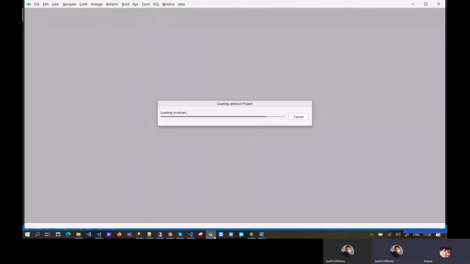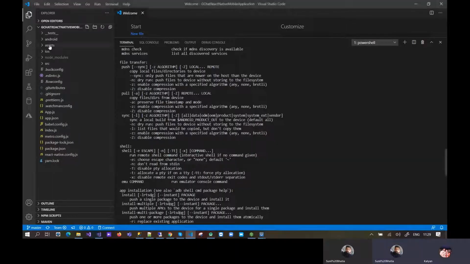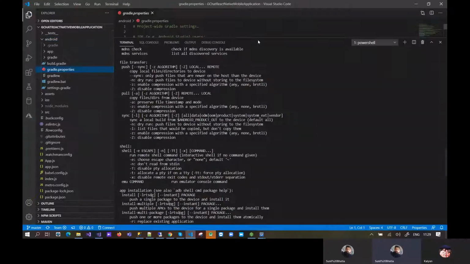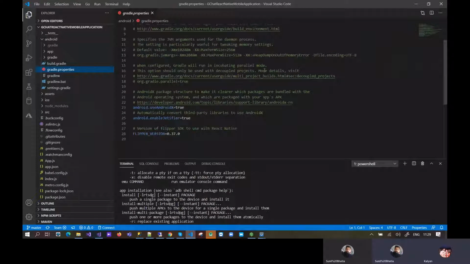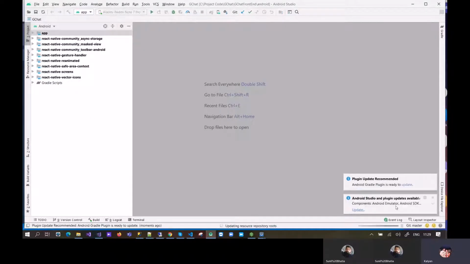You can see the local properties of my system there. You need to update the local properties. These are the properties of my system, you need to update this. Okay, let me open it in Android Studio. Yes, start this project. Okay.